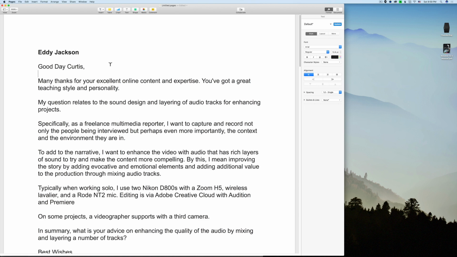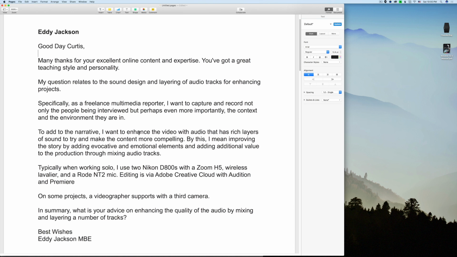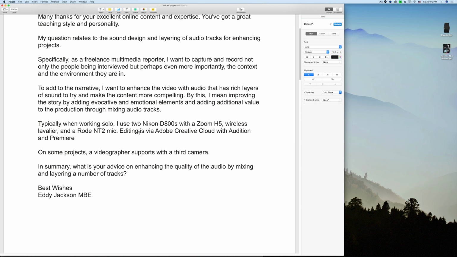through mixing audio tracks. Typically, when working solo, I use two Nikon D800s with a Zoom H5, wireless lavalier, and a Rode NT2 mic. Editing is via Adobe Creative Cloud with Audition and Premiere. On some projects, a videographer supports with a third camera. In summary, what is your advice on enhancing the quality of the audio by mixing and layering a number of tracks? Eddie, that's a question that really relates to mixing